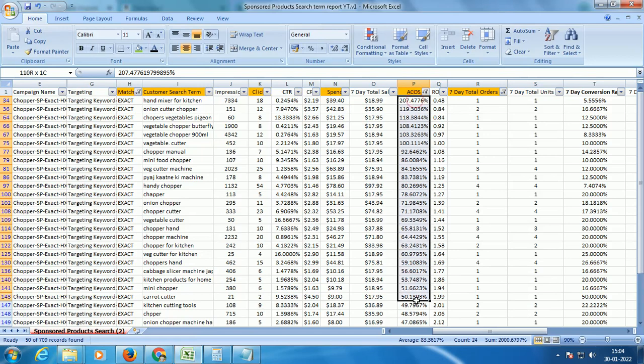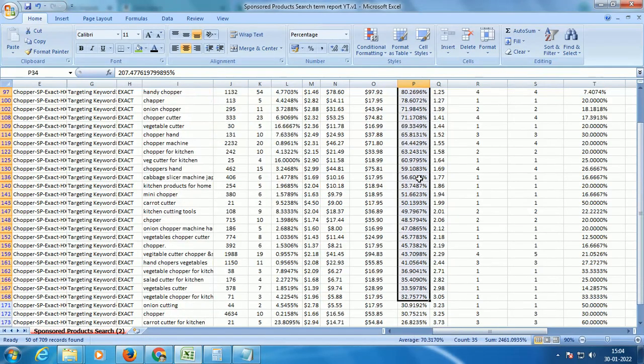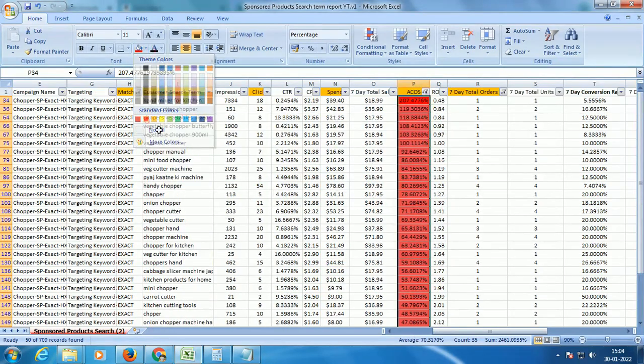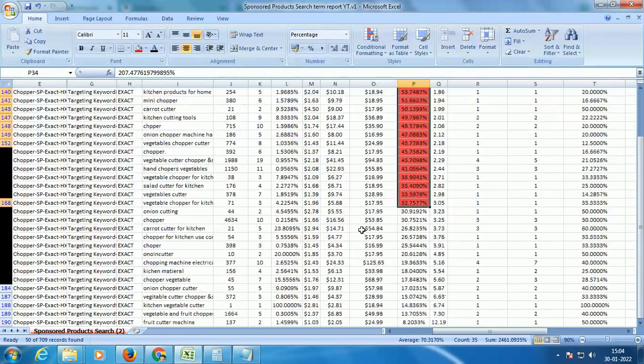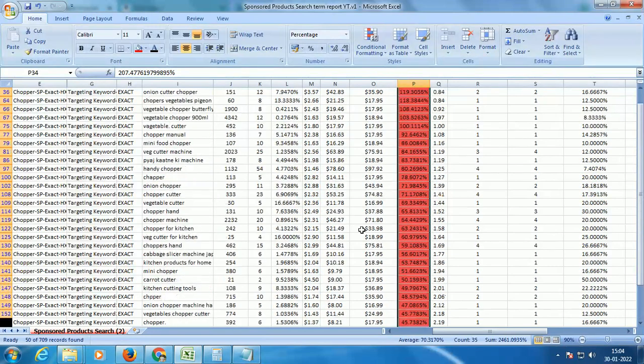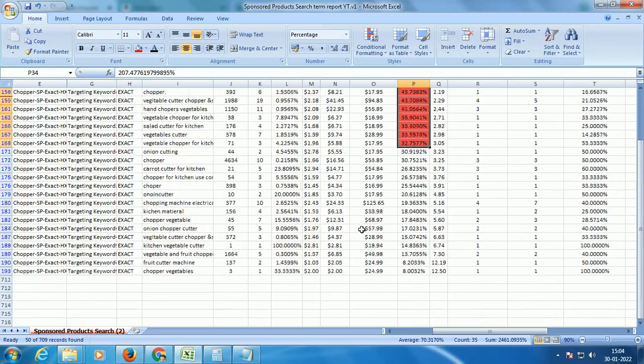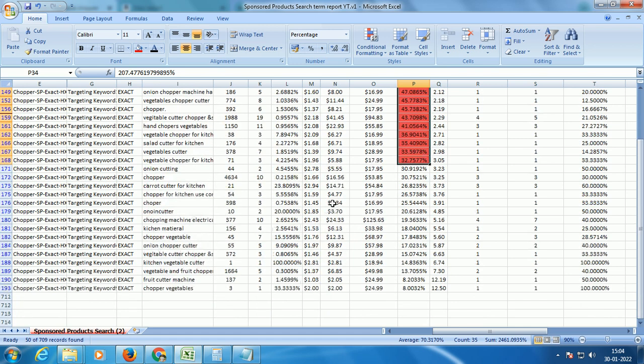I will highlight the cells where our ACOS is beyond our threshold limits, right? For all such keywords, I'm going to optimize my bids. On the remaining ones, I'll just give it some more time, right? So I may come back to the sheet after a week and see how we are faring. Accordingly, I will decide what action to take, right?